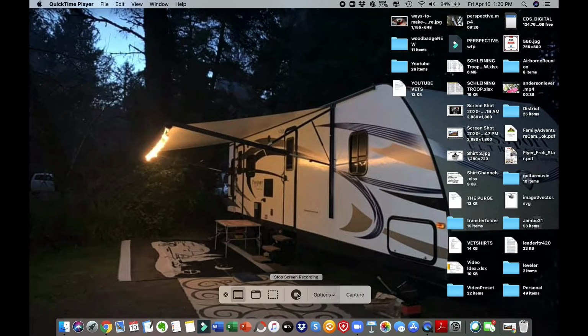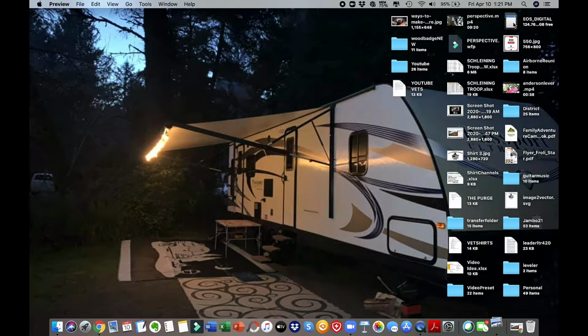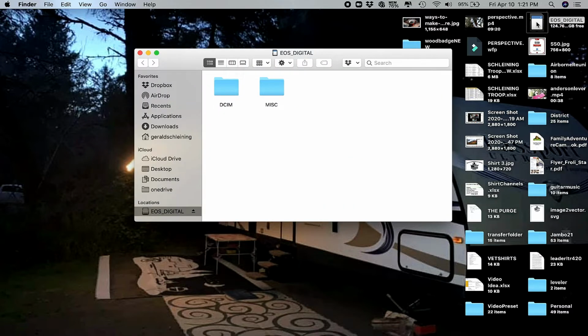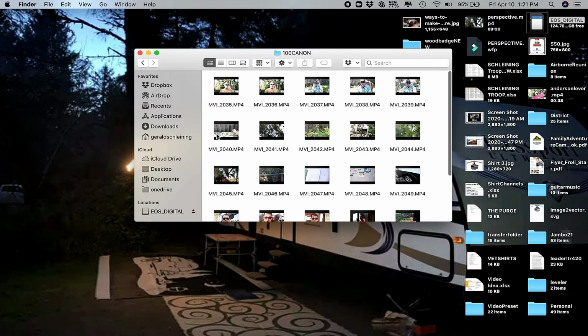So what we need to do is first get the video off of the SD card onto the computer. And so once I put my SD card into my dongle here, I have this icon right here. And if I double click that, all right, so what I'll get is this icon right here. And that's going to open up the video that is on